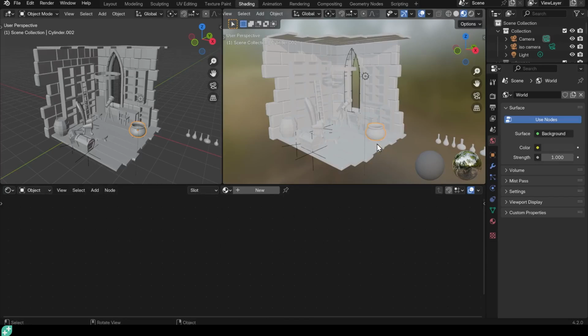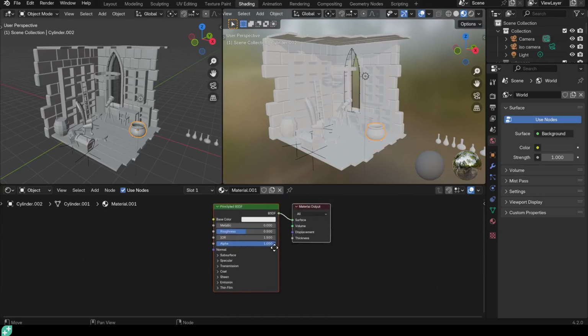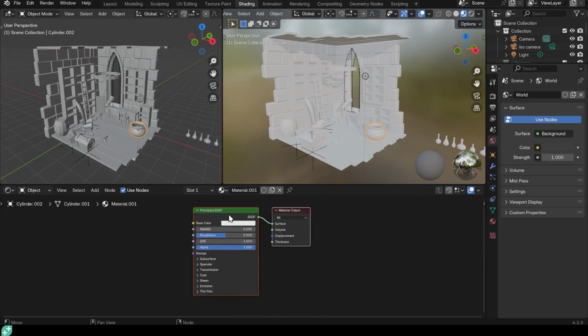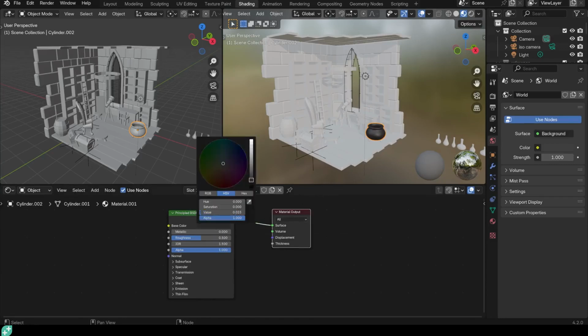So let's do the cauldron now we've selected it. So new material, and you get the Principled BSDF. Hopefully remember that we've got our nodes going from left to right, and I can change things like the color in here, and that will update in the material output and therefore appear in our window. So for example, I'll change this to a nice gray or dark grey colour.